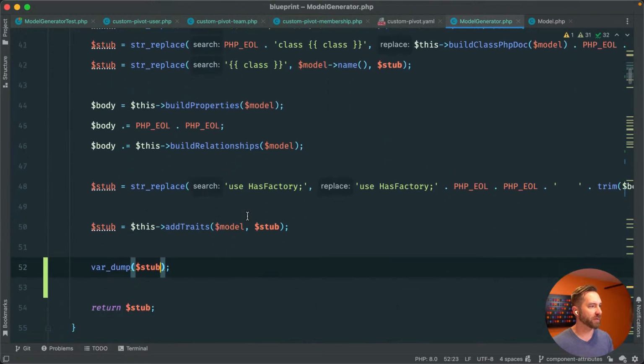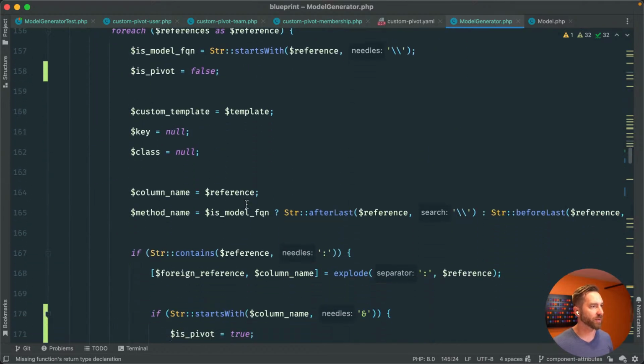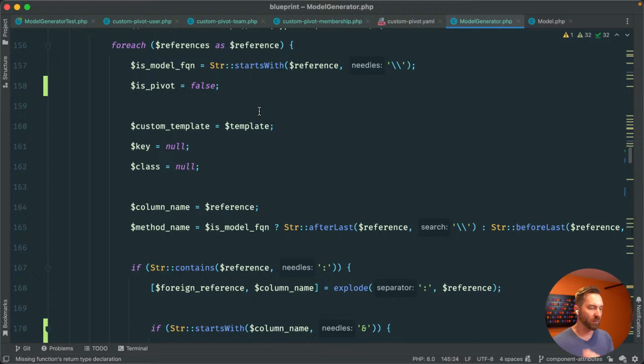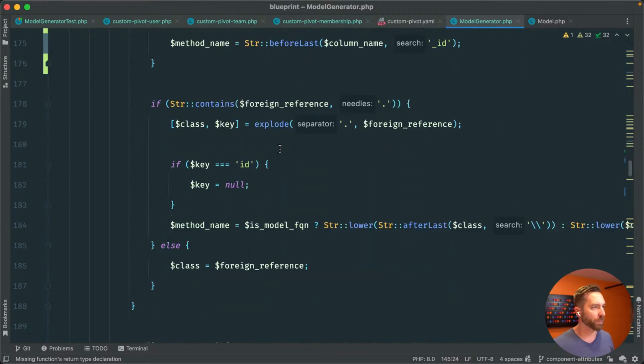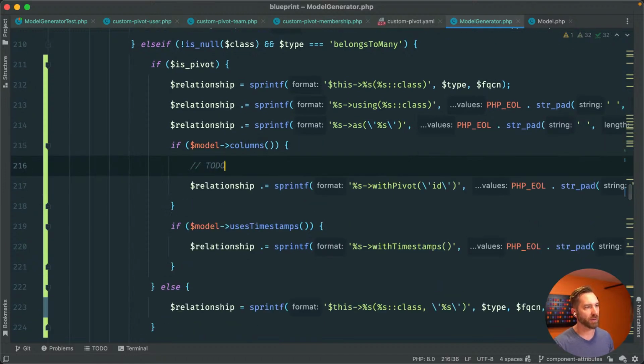Although before I forget, let's take that back out. Let's go back to relationships. Now again, I just hacked this, but we can refactor later. For now, what I want to do is just make a little to-do here: filter actual columns outside of timestamps and foreign